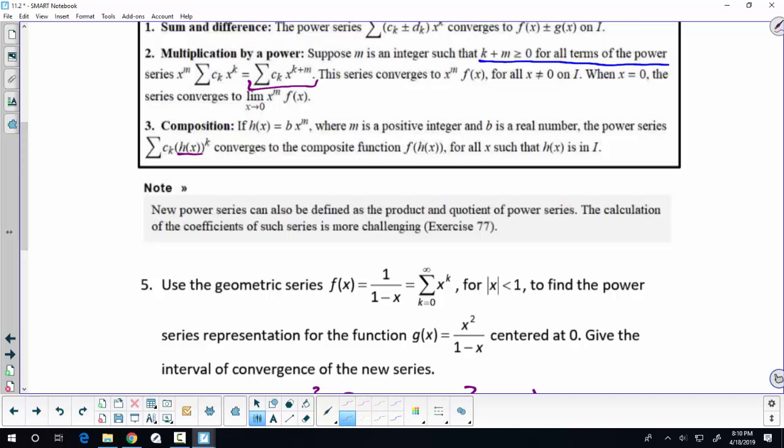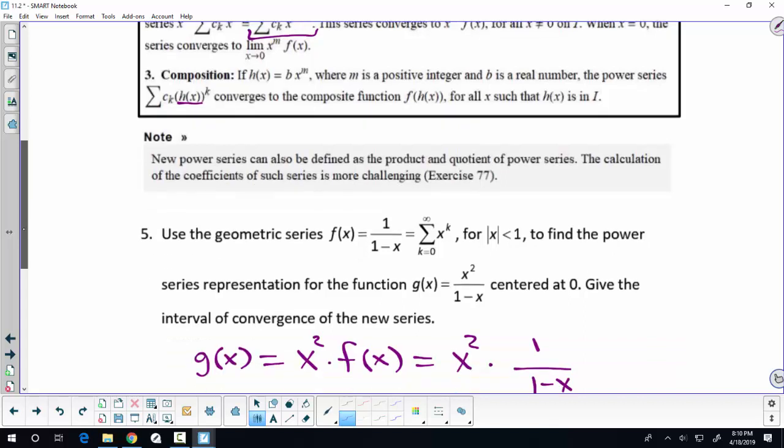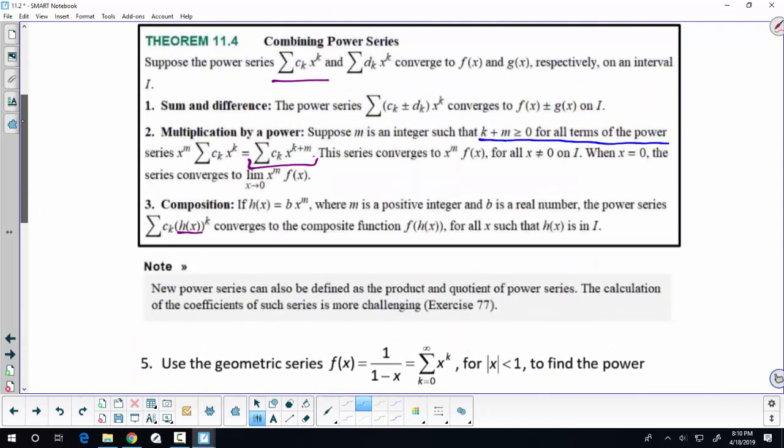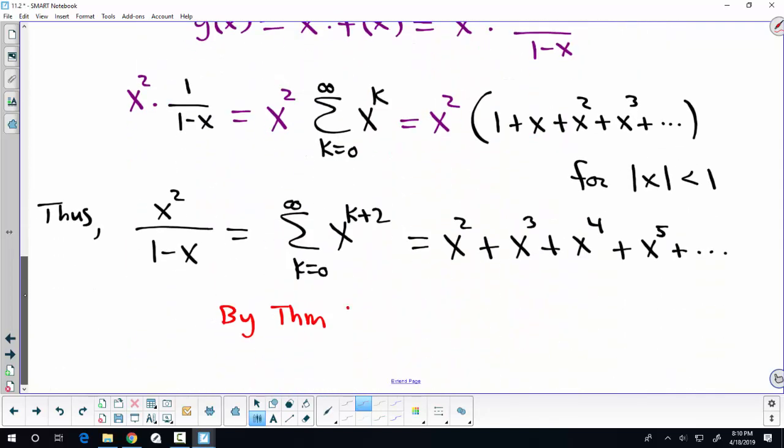That says the new series converges on the same interval that the original series converged on, as long as the new power is larger than or equal to 0 for every single term in that series. So let me just write here, by theorem 11.4, number 2,